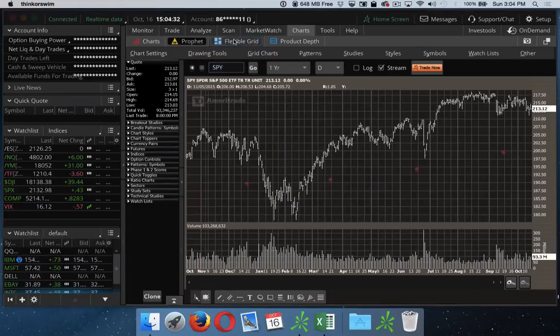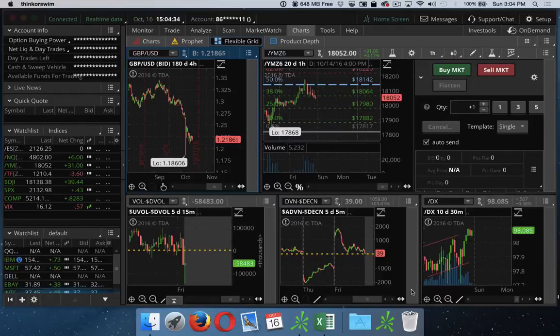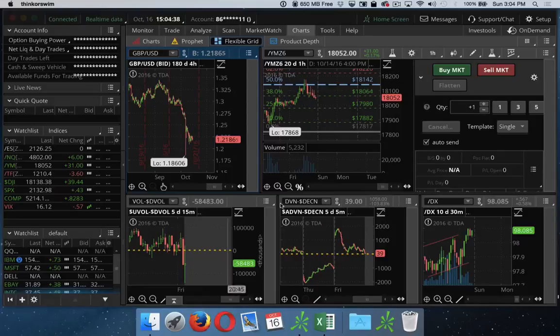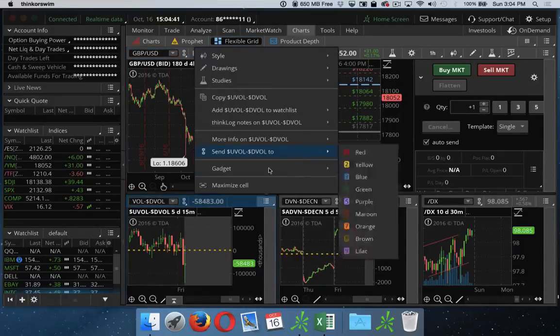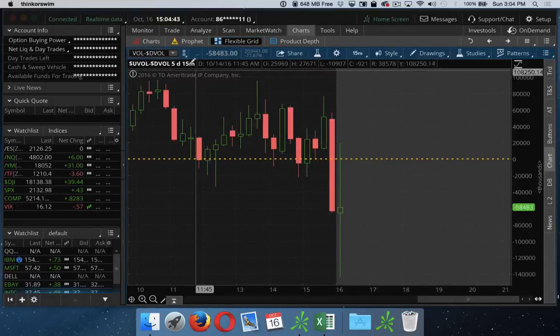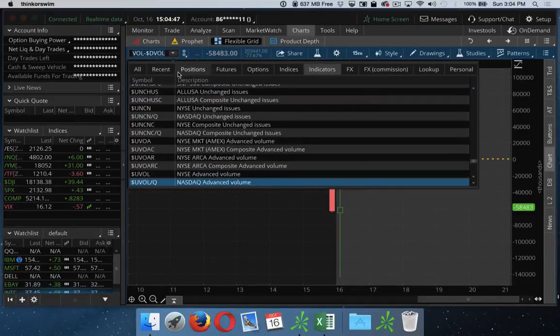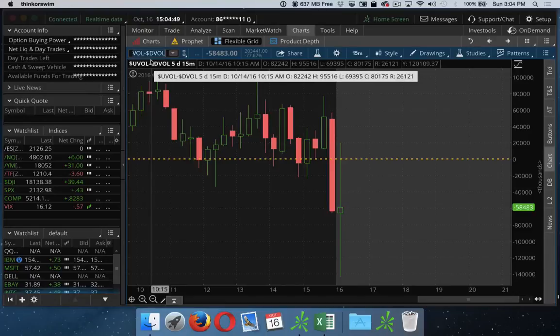We'll keep an eye on the market, but I'll also show you how to set up my charts here. So basically, let me expand this. Somebody asked me this before. They wanted to know how I set up the advanced decline volume. The formula for that is pretty simple. It's just